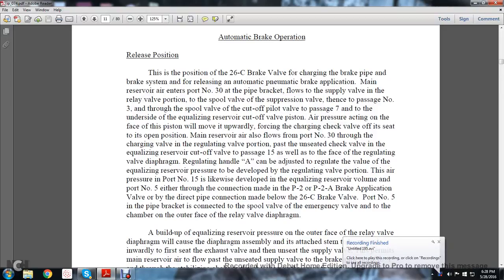All right, automatic brake operation, release position. The position of the 26C brake valve for changing of the brake pipe, brake system, releasing automatic pneumatic brake applications. Main reserve air enters port number 30 of the brake pipe application, flows to the supply valve into the